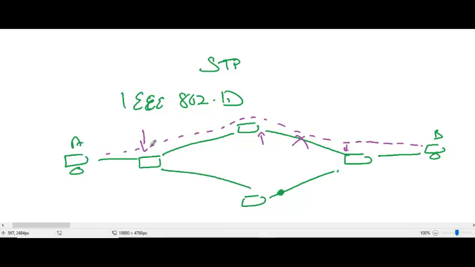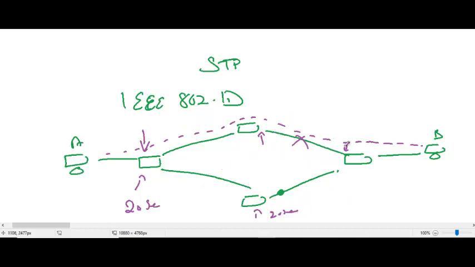So for this switch to realize that there is a break somewhere, it will wait for 20 seconds. The BPDU from this part is not coming here now because there's a cable break. So after 20 seconds of waiting, not hearing from this portion of the network,